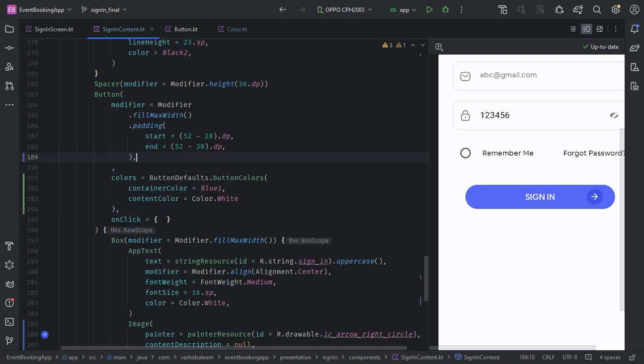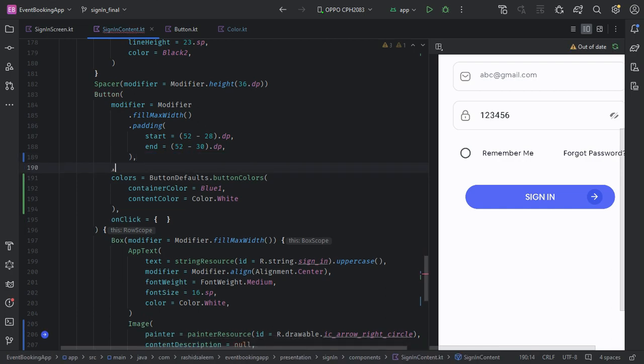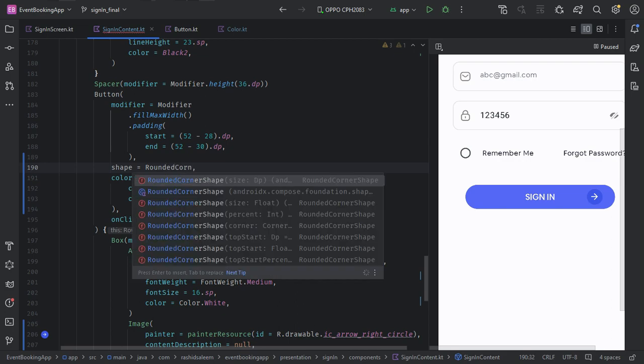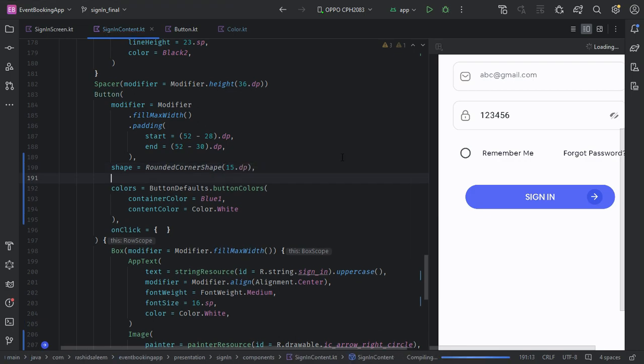So for roundness we use the shape property for rounded corner. Rounded corner with 15 dp, and the height,